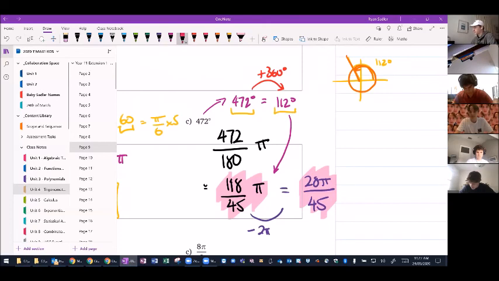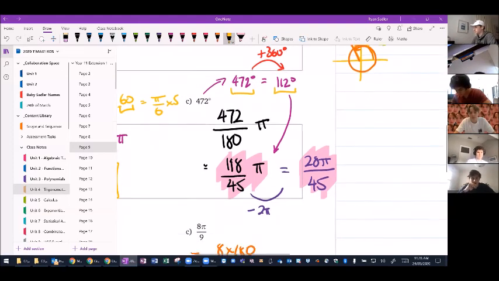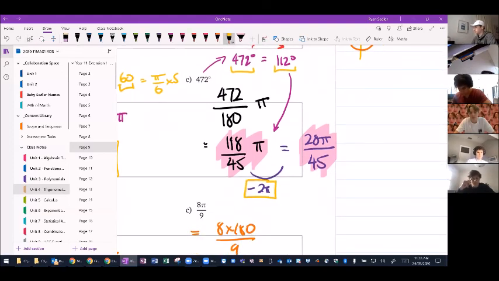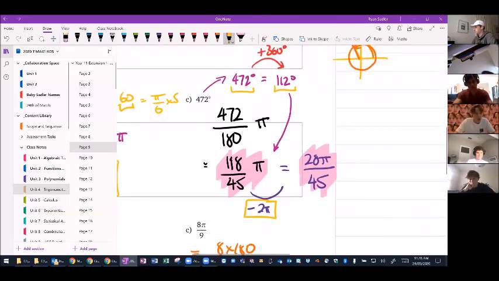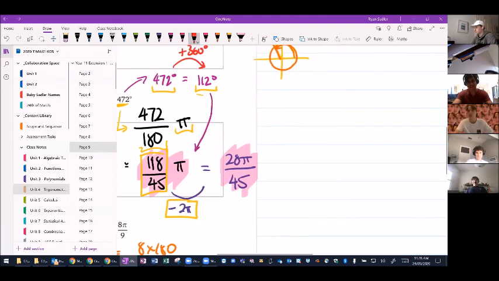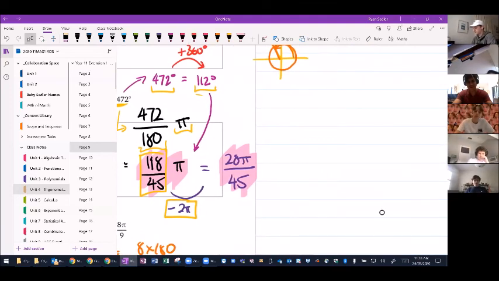So in degrees, that's easy. We can plus or minus 360 whenever we want. There's no problem. But in radian measure, we can't add and subtract 360 because we're not using degrees. What we add and subtract is a rotation in radians, which is 2 pi. So let's say, for instance, I didn't change the degrees to 112. I changed it to radians first, so I divide by 180 and times by pi, and then I simplified the fraction, 118 on 45 pi. So that is, we can say, that